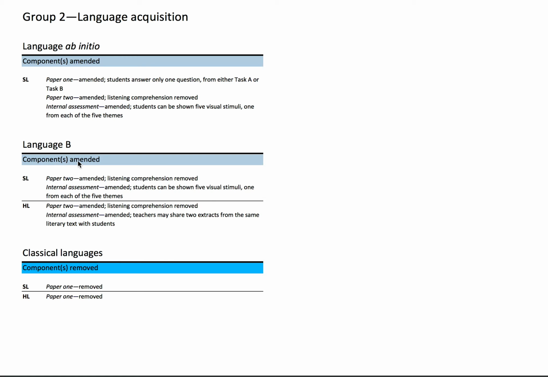Now language B is similar to the above. Again, the area that you have to study is just as much as before, but what will be tested on will be fewer topics. So actually, this makes it a bit more difficult because they did not remove a whole paper. You have to put in more work and hope that the topic that they picked would be something that you have covered well.